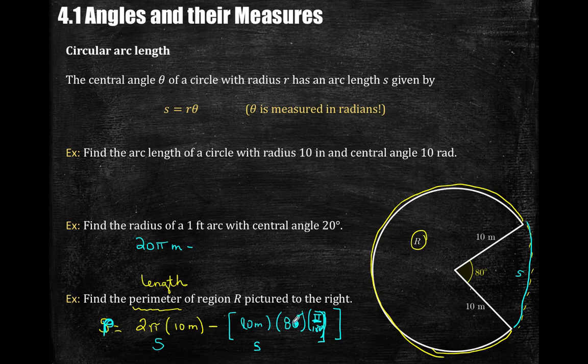And then again, I'm going to have 10 times 8, which is 108 pi over 18 meters. 108 over 18, though, simplifies nicely. 20 pi meters minus 6 pi meters, which is 14 pi meters, which is 14 times 3-ish. And again, if I've pushed it into my calculator right, which I just wrote it down,